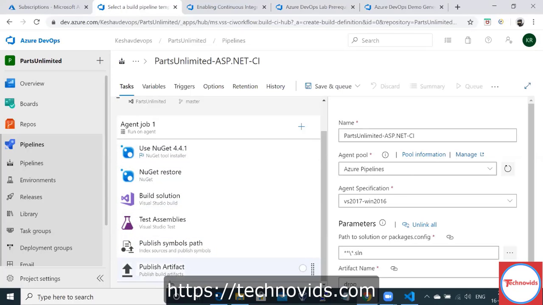Now, what does this publish artifact do? If you remember when I told you what build does, build creates an executable of your code, right? Which you can directly test. So now you have tested it. Build created your executable, you tested it. Now after testing, you have the package that is ready to be deployed. Then it is published as an artifact.